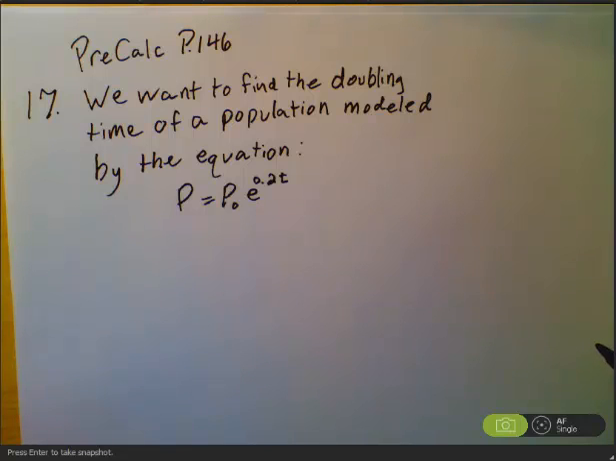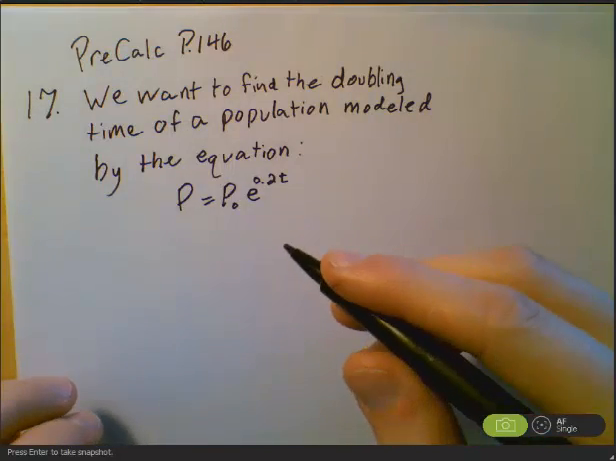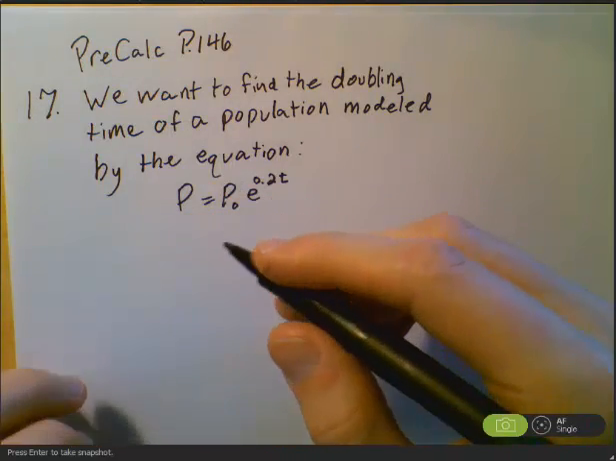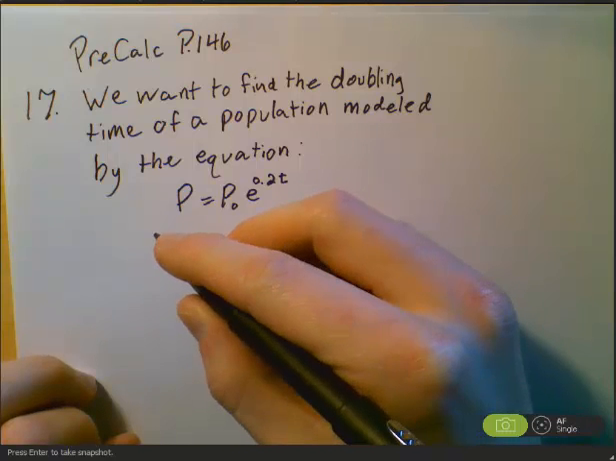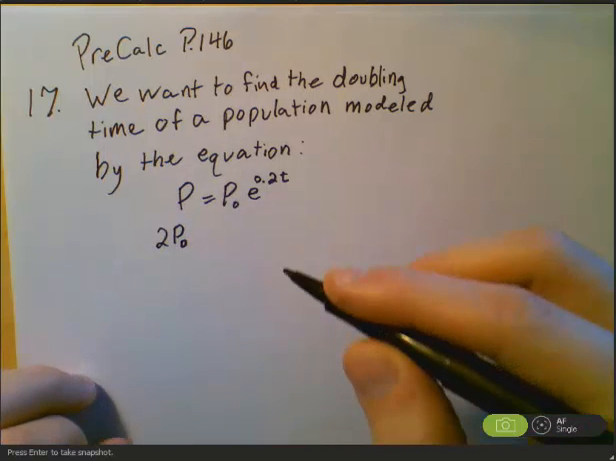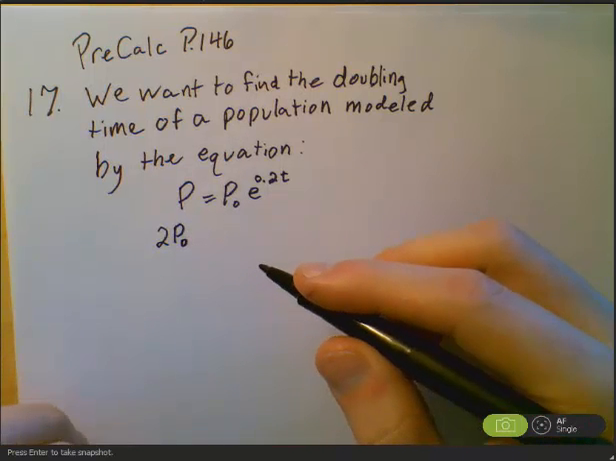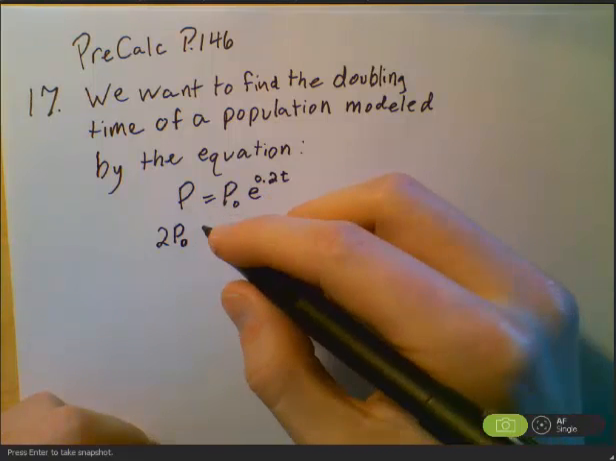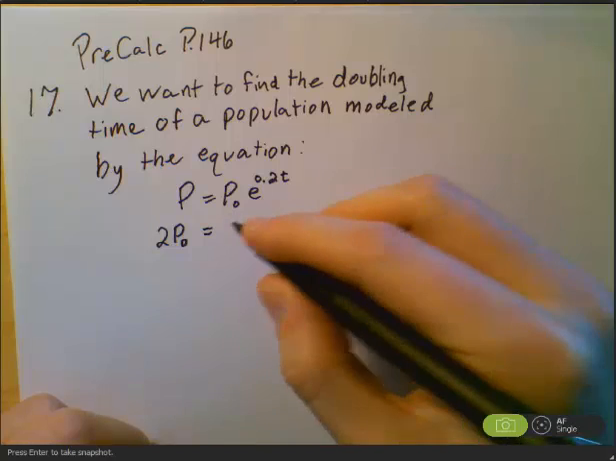Now since we are looking for the doubling time, to double means to have twice as many, or 2 times as many, as you started out with. So to solve this problem, we will let P, which is an output, be 2 times P naught. That gives us 2 times our starting value, which is the same thing as double the population. So 2 P naught is equal to P naught